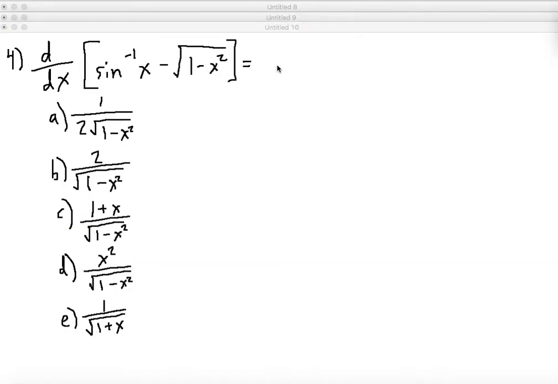Now 4 was one that we didn't get a chance to go over in class. Nobody was brave enough to volunteer for this one. As we go through,